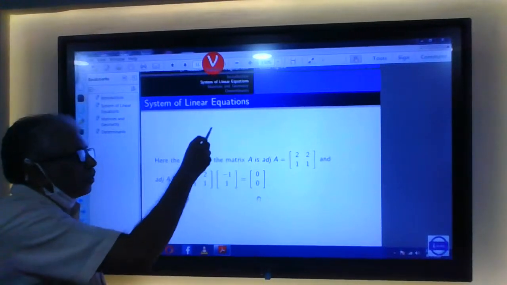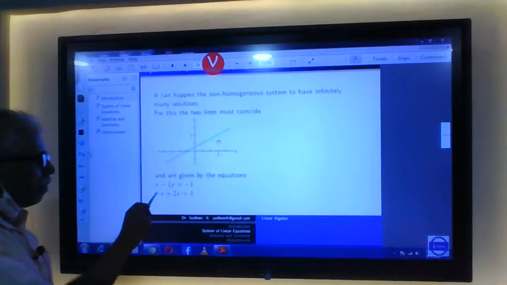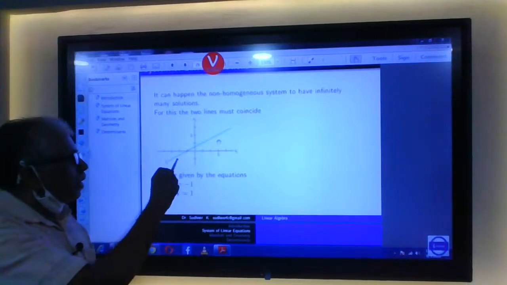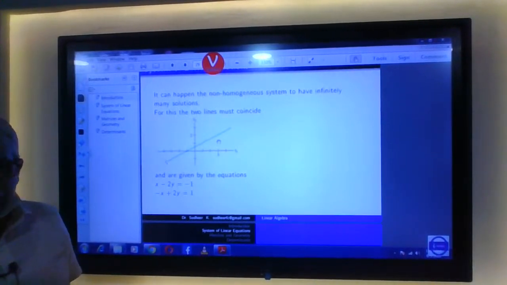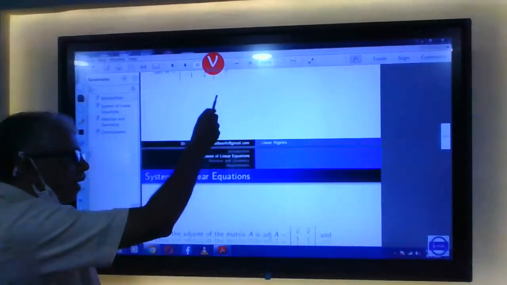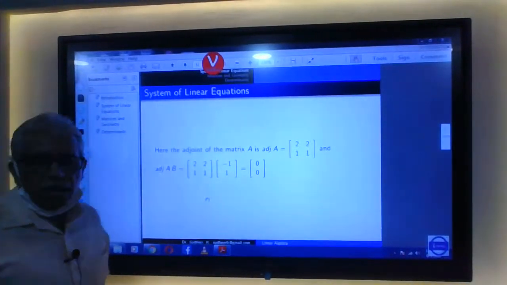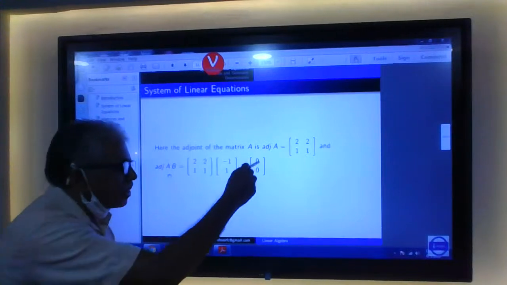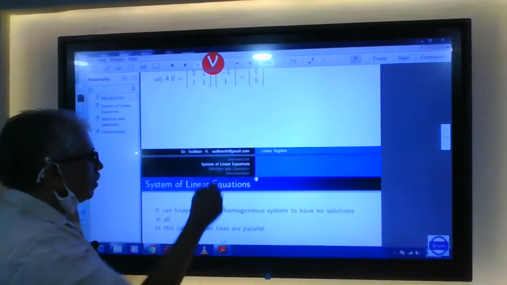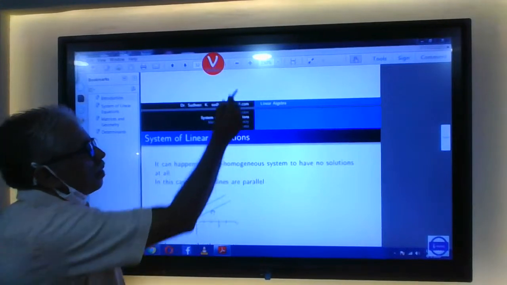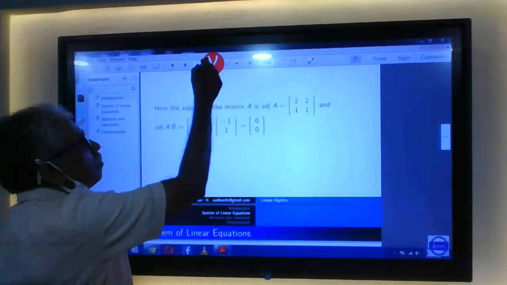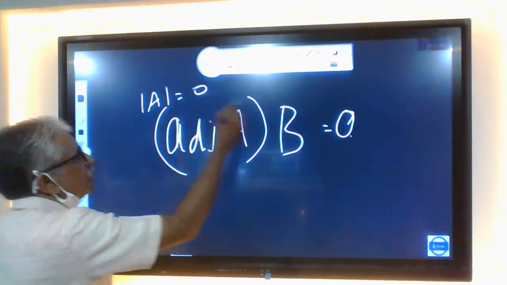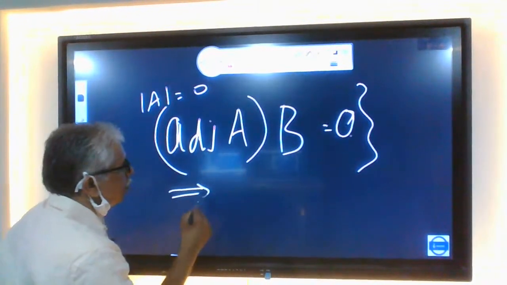So in the case of the two straight lines given by the equations x minus 2y equal to minus 1 and minus x plus 2y equal to 1, the matrix satisfies the conditions determinant A equal to 0 and adjoint A times B also equal to 0, because this is a zero column vector. So if adjoint A times B equal to 0 and determinant A equal to 0, these two together will imply